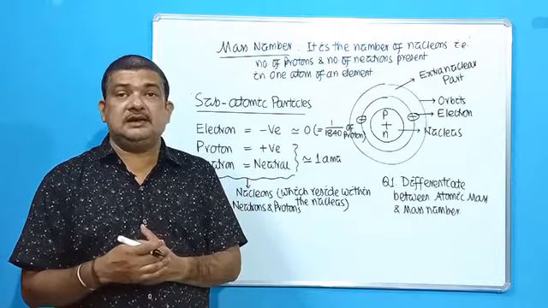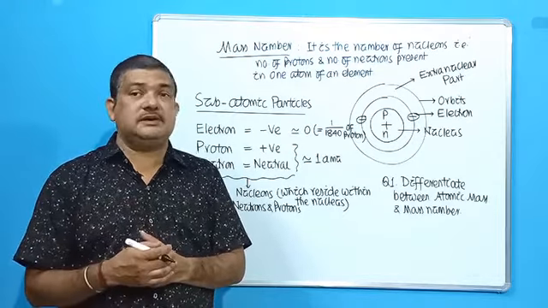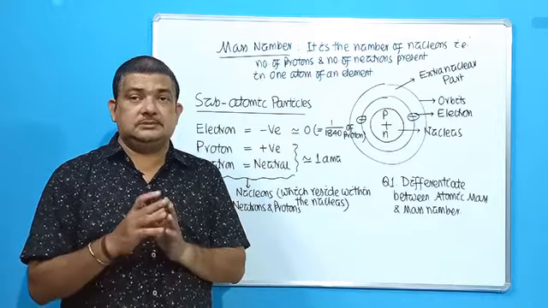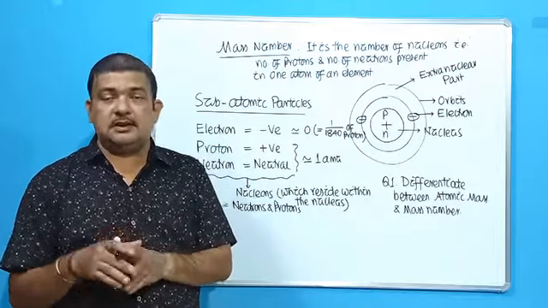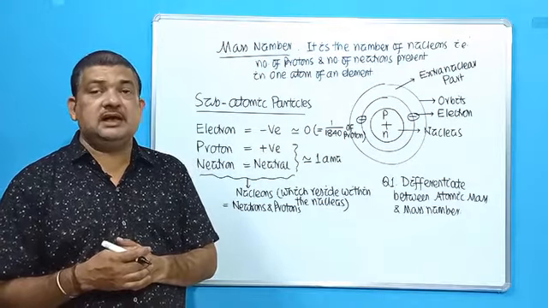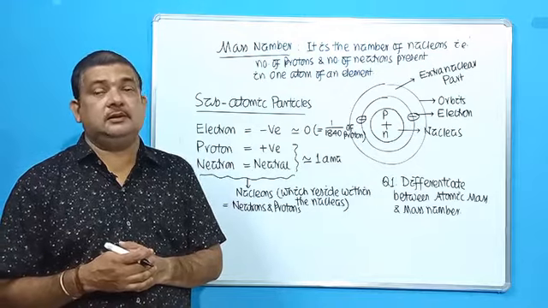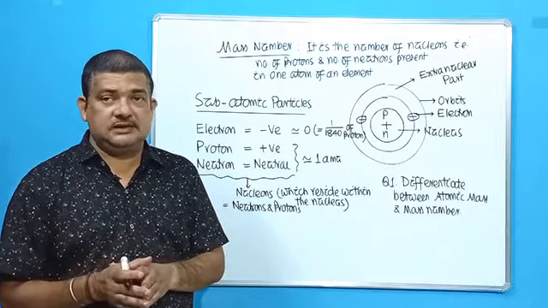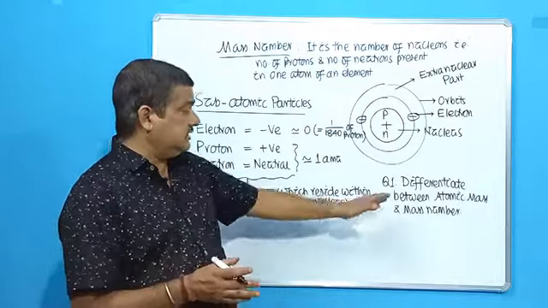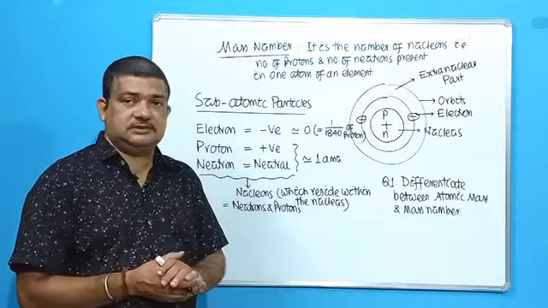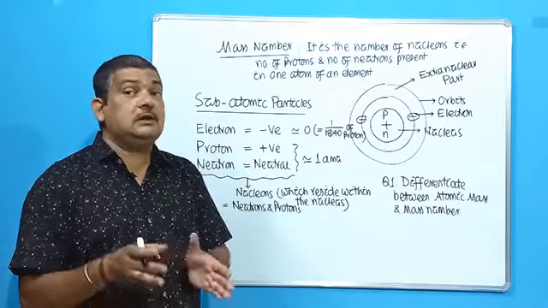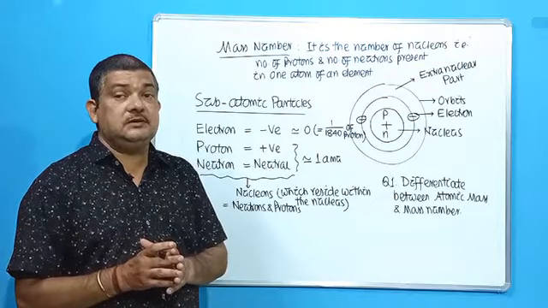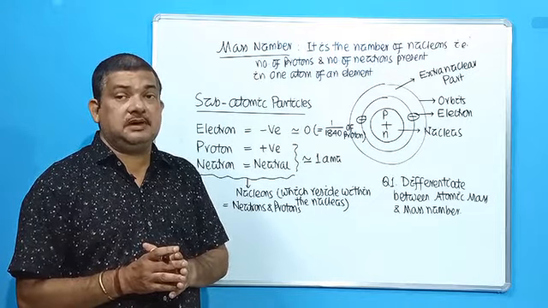Because now we are taking a relative mass. How many times is it heavier than 1/12 of C12 atom? So atomic mass may be a whole number, may be in decimals. But mass number has to be always a whole number. That is the second difference. So this is how you can write down the answer of this question. Next we will discuss why the average term is being used in the definition of atomic mass.